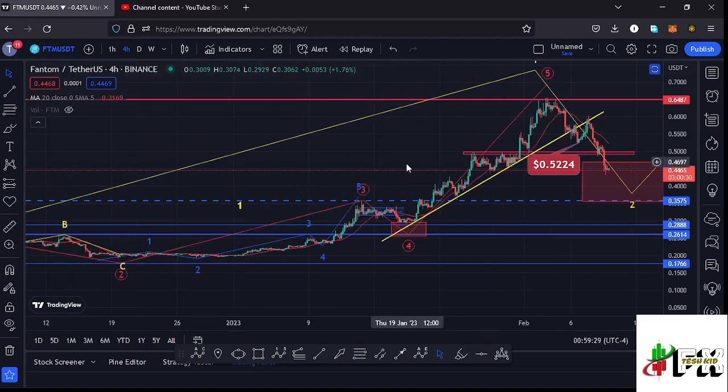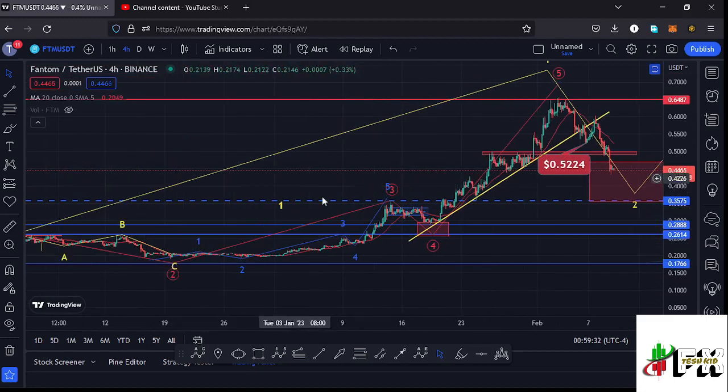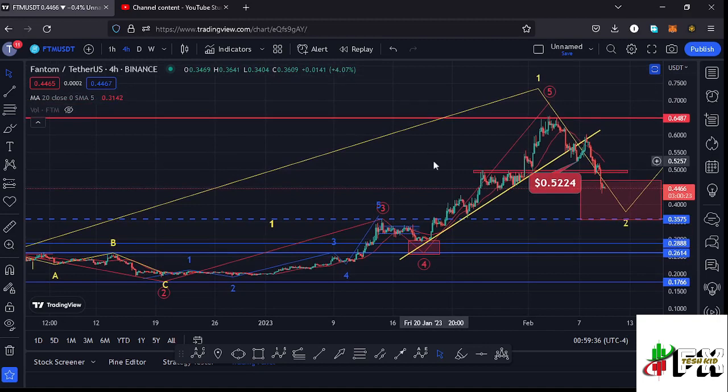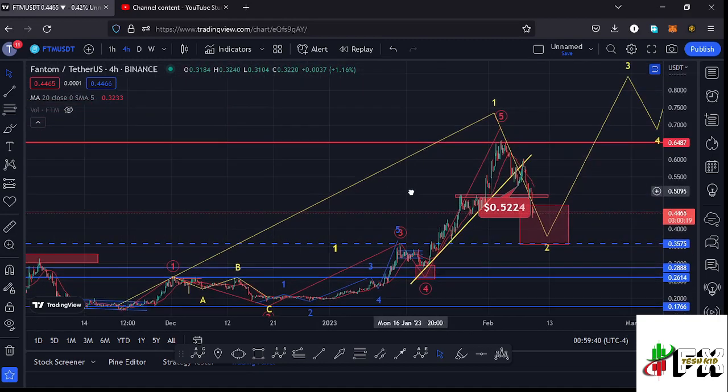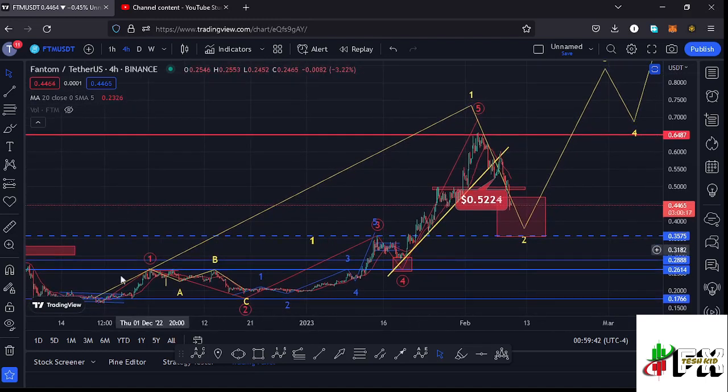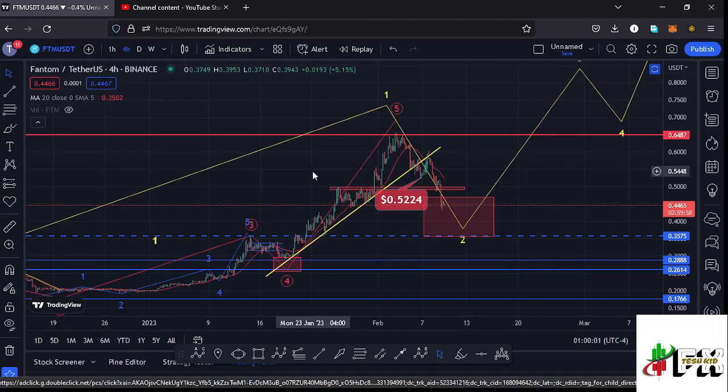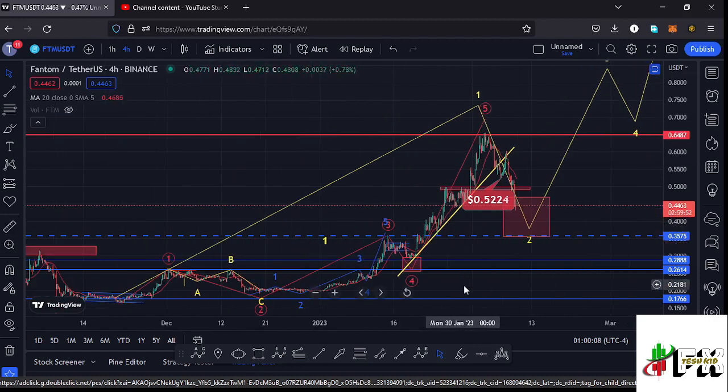$0.6552 mark. And after seeing the formation of this 5-wave structure to the upside, I now believe that Fantom has now completed an even larger edge wave count 1 to the upside. So you can see here on the charts I have this larger edge wave count 1 in yellow, and after making its peak at around the $0.6596 mark, whatever we expect next after seeing the formation of a larger edge wave count 1 is a corrective structure in the formation of a larger edge wave count 2, and sketching out